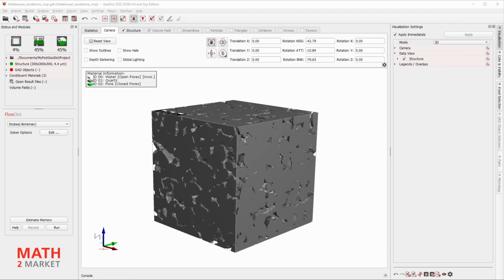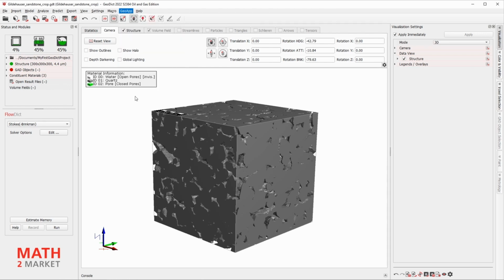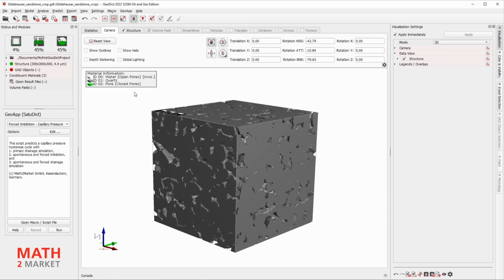Now I want to show you how to perform your simulation. Go to GeoApp and choose GeoDict from the GeoApp menu. From the drop-down menu, please select the mercury intrusion capillary pressure.